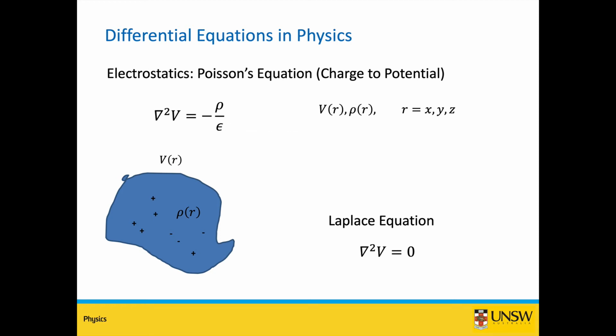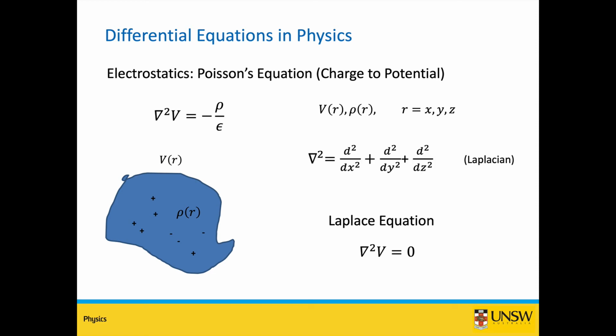So if you are given the charge density over a domain such as the picture shown in this slide, the uneven distribution of positive and negative charges. So you can describe them through a charge density, rho r, a charge density that varies in position. And if you are given this charge density as an input, how can you solve the electrostatic potential of this domain? That is electrostatic potential as a function of position. And this can be in 1D, 2D, or 3D defined over the x, y, and z coordinates.